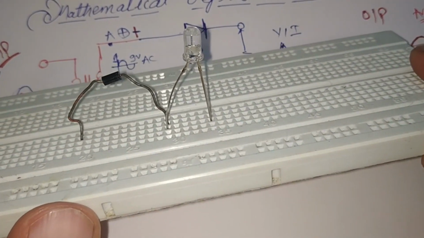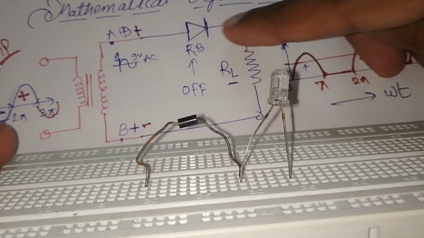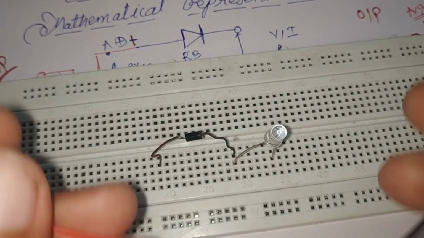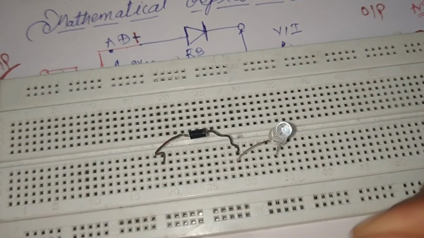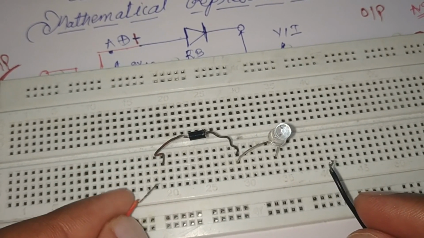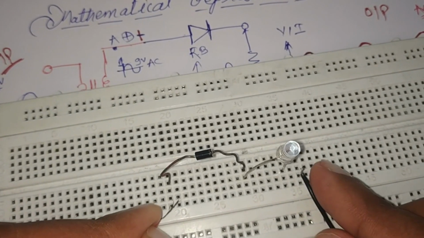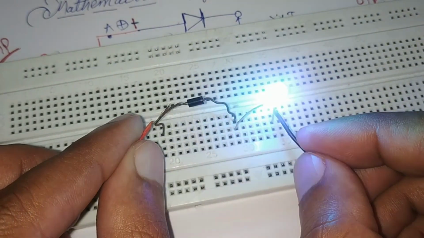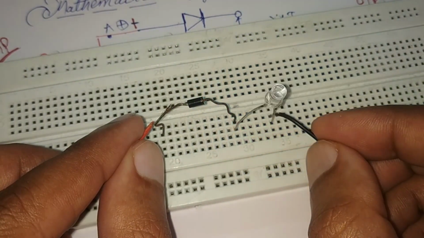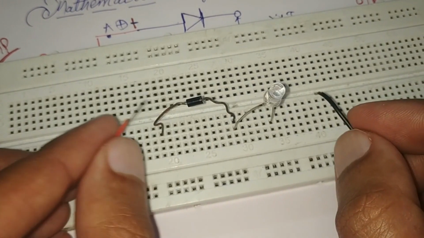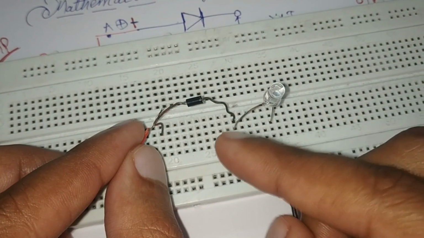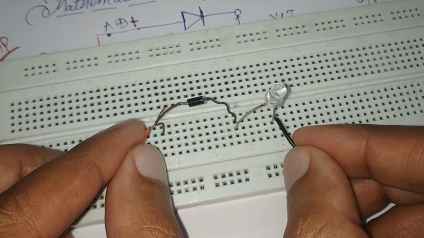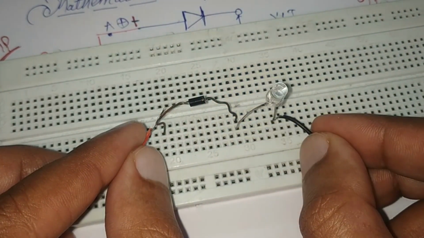So now we have the diode and LED, so we have the diode and one load. We are not using a transformer. Just for illustration, I am directly using the battery current. So if I connect positive here at the diode, and negative at the other end, we get the flow. That means now the diode is on. So positive is connected to P type and negative is connected to N type at the end of the load resistor. So here we can see that we have conduction.